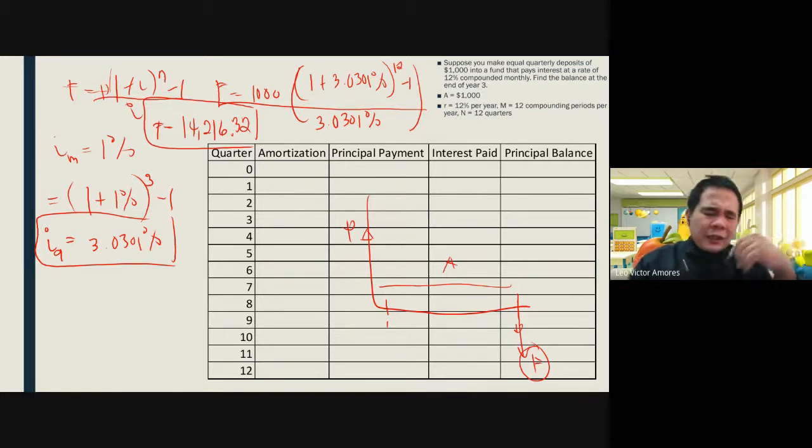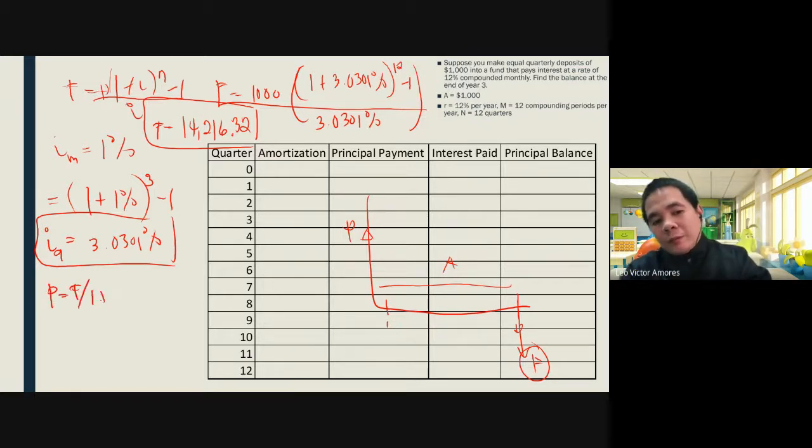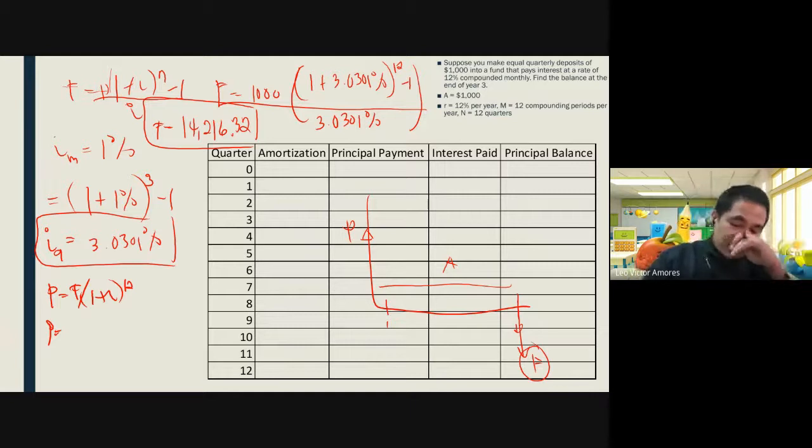Next, what is the principal amount of what he paid, the principal amount of paying 1,000 every quarter for 3 years? So basically, your formula would be P is equal to F over (1 plus i) to the exponent of 12 quarters. Therefore, the present value of your future amount is equal to